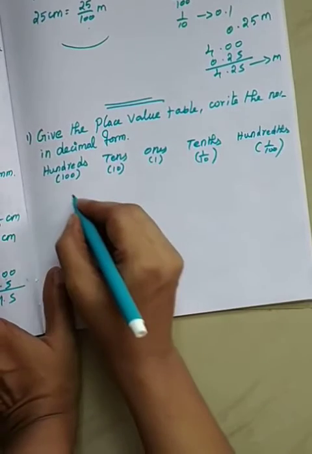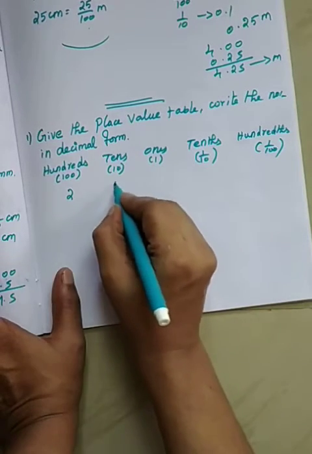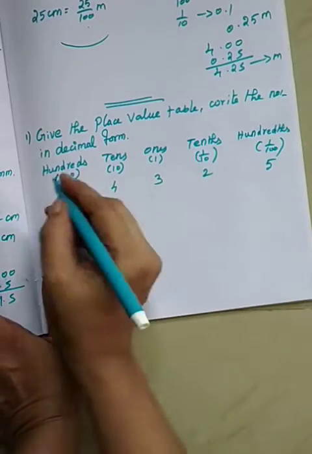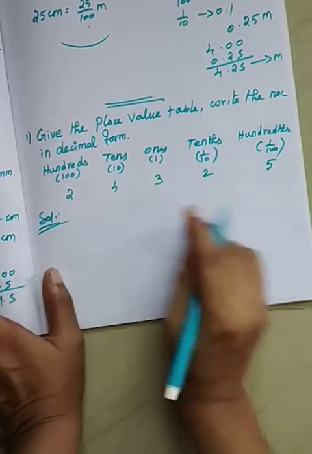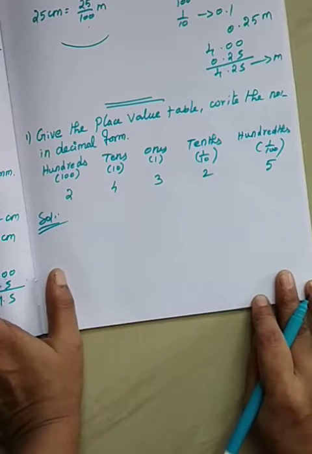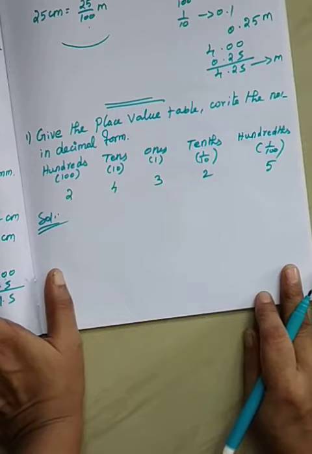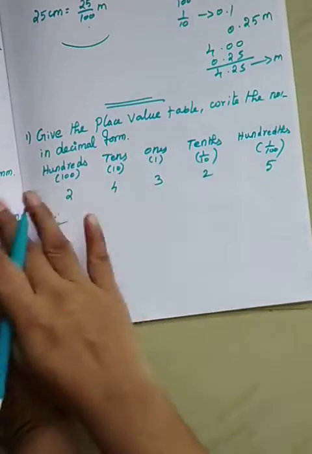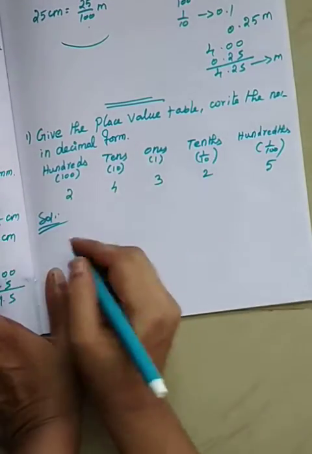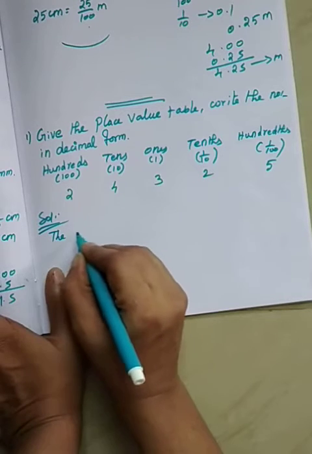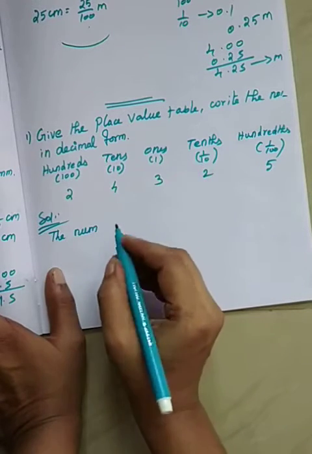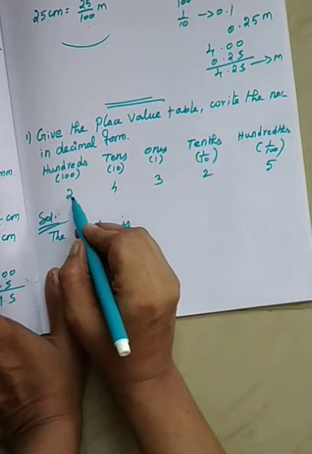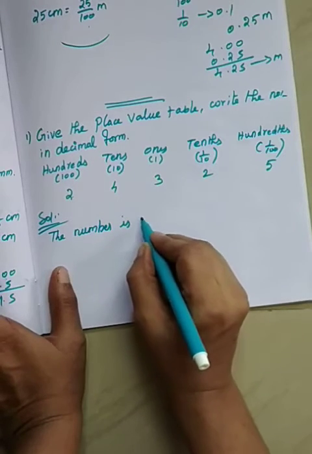Okay. See here, this is 2, 4, 3, 2, 5. How can you write the solution? What is the question? Given the place value table, write the number in decimal form. See, 100, 10, 1, tenth, hundredth are all given. So now you have to write the number. See how many hundreds? 200. So you can write 2